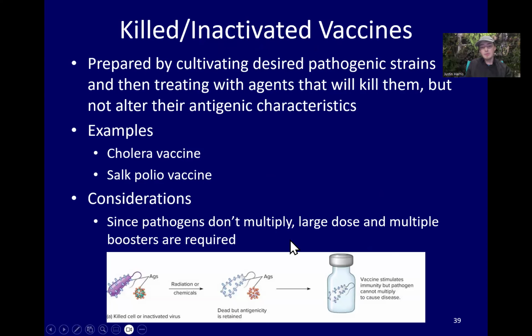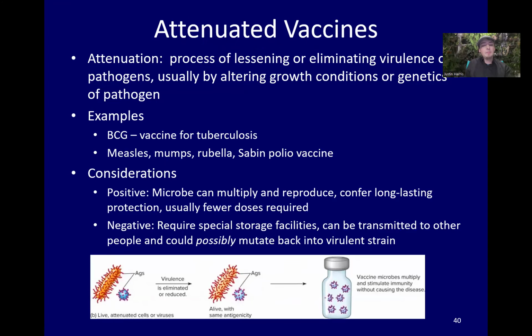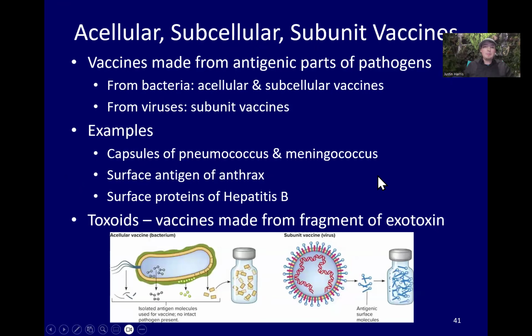So we talked about having a killed pathogen and injecting just the killed pathogen, so something like the cholera or the polio vaccine. We talked about the attenuated vaccines, things like the measles, mumps, and rubella vaccines. You can have pieces and components of the bacteria, like specific pieces of a toxin, for instance, or very specific